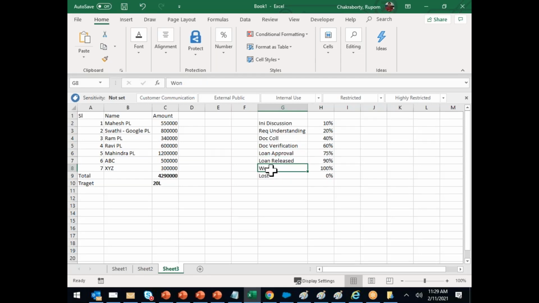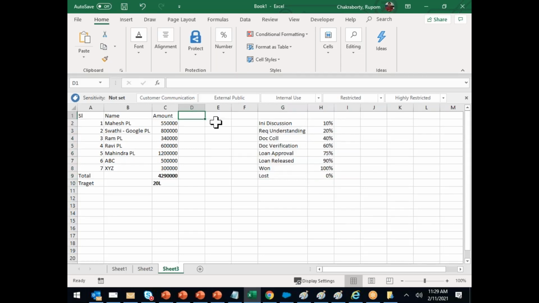Before that, it is nothing but registration. On the registration date only, registration happens, then only the loan will be released. I mean, they will give the check. The stages will change business to business, bank to bank, industry to industry. Remember this very well. Sales pipeline is nothing but stages.